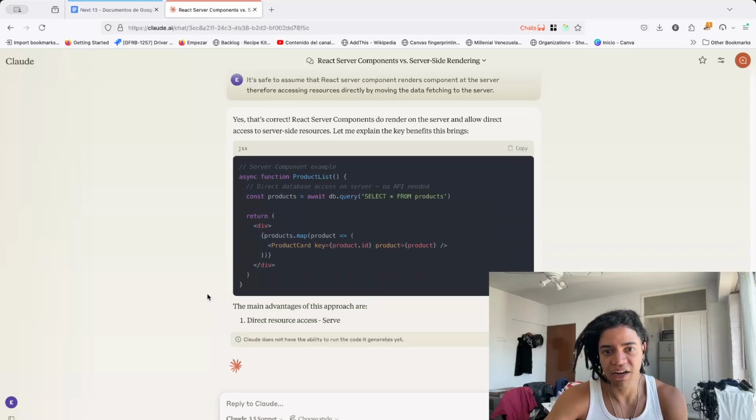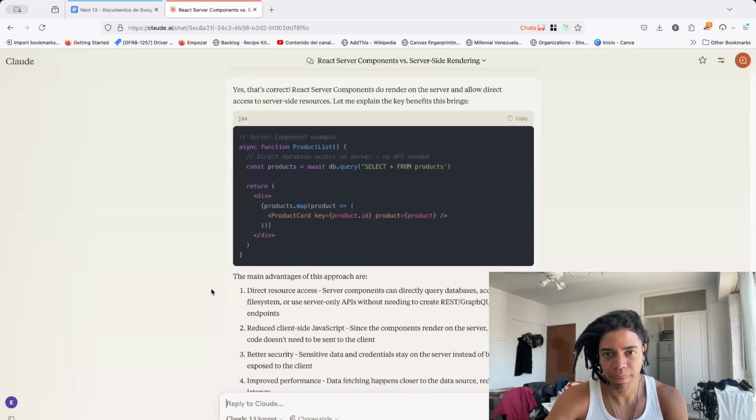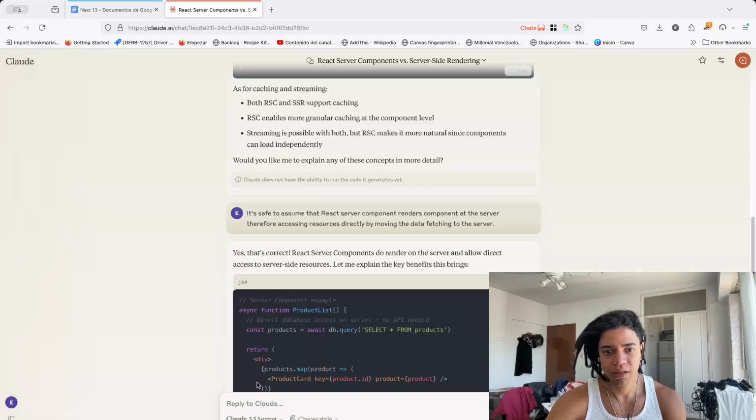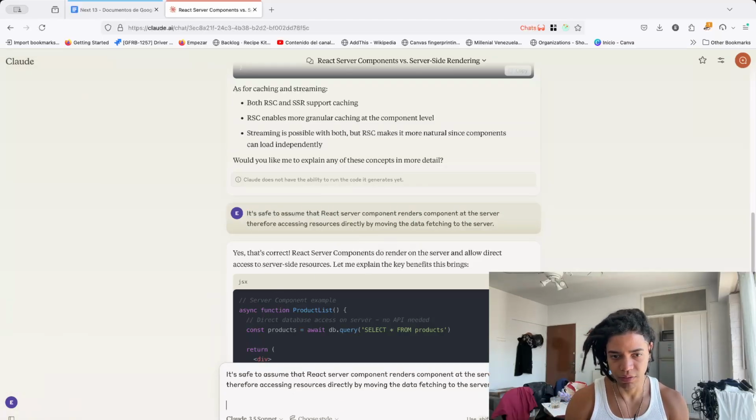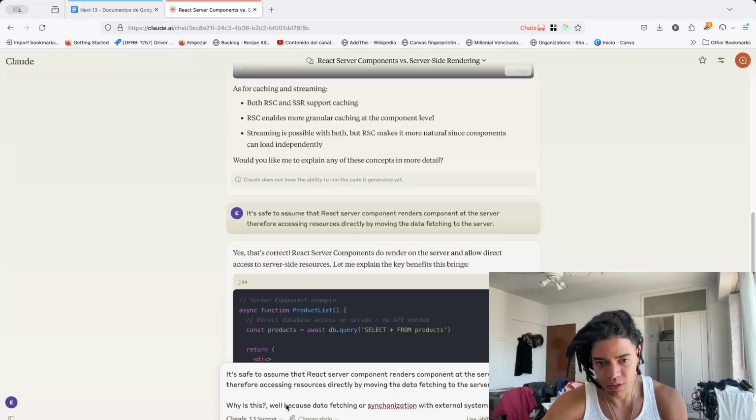Exactly, by moving the data fetching to the server. Why is this? Well, because data fetching or synchronization with external systems